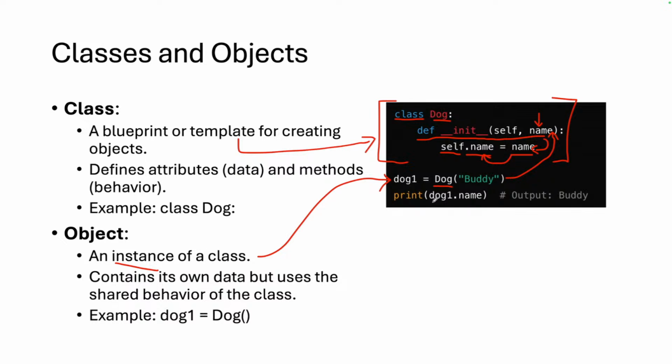And remember, we're calling this class Dog, and we're passing in this parameter to this name, and we're storing this in the variable dog1. And now when we call dog1.name, we actually get the value out, Buddy. So an object contains its own data. This contains its own name data with a value of Buddy. And we can use this. This is about as simple as we can get for a class.